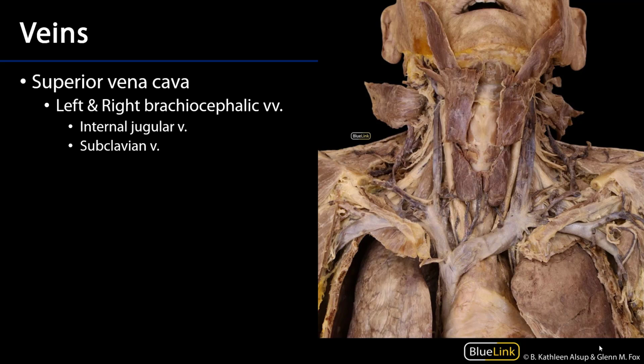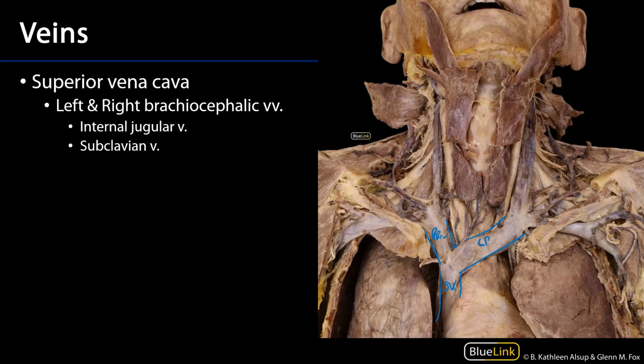So, all of the veins from superior to the diaphragm are going to drain into the superior vena cava, the SVC. That superior vena cava drains into the right atrium along with the inferior vena cava, which drains the veins inferior to the diaphragm. That superior vena cava is the nexus between two brachiocephalic veins, a right brachiocephalic vein and